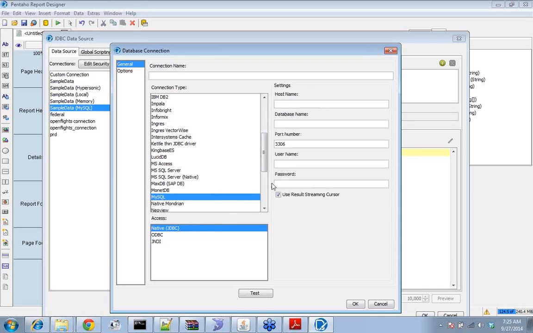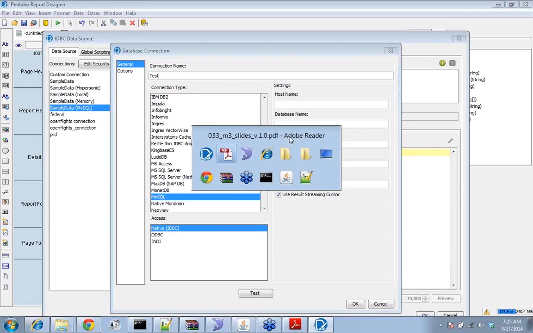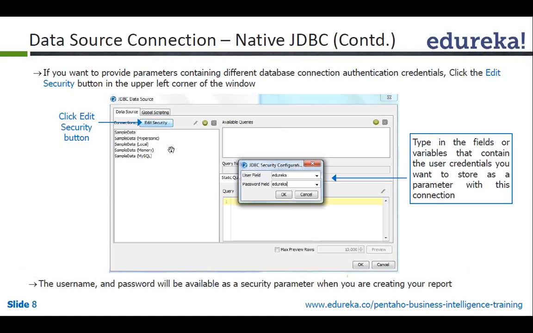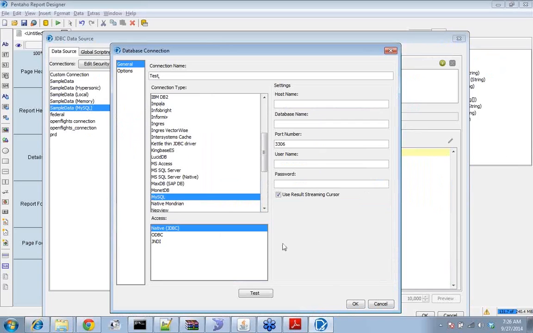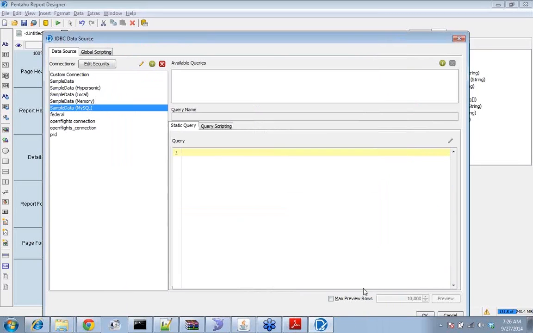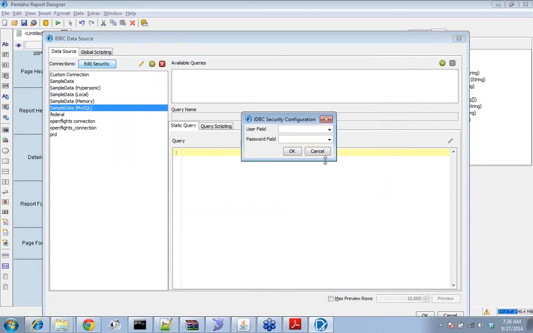Now first, just to demonstrate, we will select native JDBC. Let's give the name. Okay, did I give any name here? This is, so edit security is